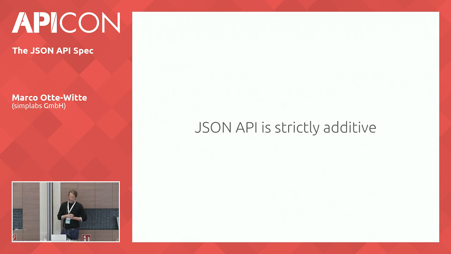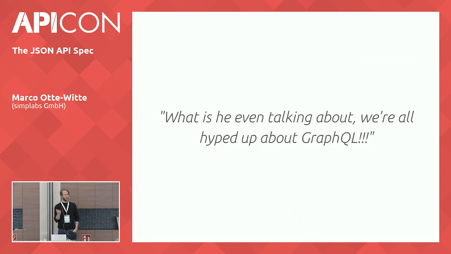So that is the overview of JSON API. But I wanted to talk about another aspect, and we touched on that briefly in the beginning. Many of you might be asking yourself, or maybe your neighbor asked you, why is he talking about REST? Nobody will be using REST in the next few years because we are all super hyped up about GraphQL because it solves Facebook problems, so it probably solves my problem as well. I don't want to talk about GraphQL immediately. We'll get back to that later.